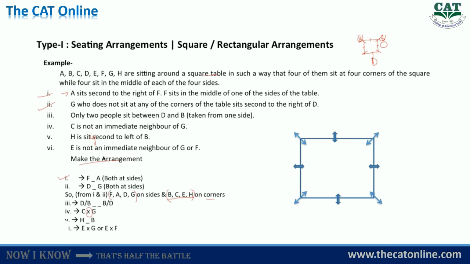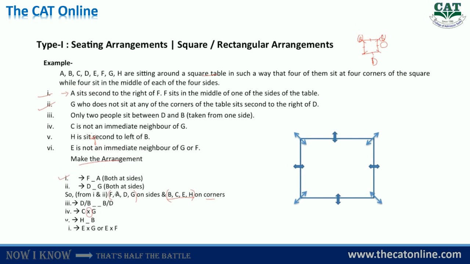And next is E is not an immediate neighbor of G. So E and G are not neighbors. E is not an immediate neighbor of F. E and F are not neighbors. So this is information that is given to you. Now what you are asked